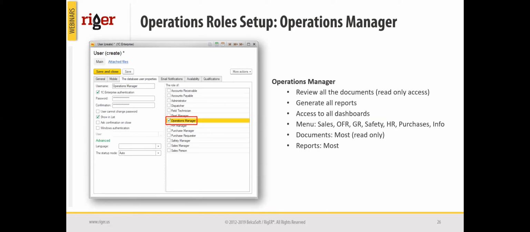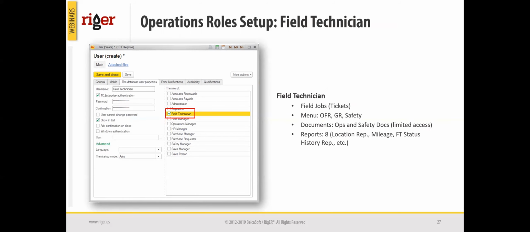This excludes just a few, I think. And the reports he has access to are limited only by the revenue reports. So the only section of the reports that the operation manager would not have access to is the revenue reports in our system. Going ahead to the field technician, who is the other end of the operational cycle,